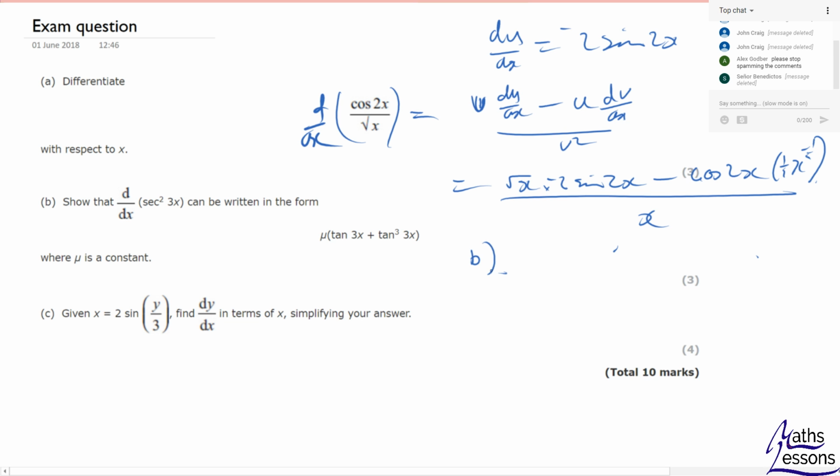we are going to differentiate sec squared 3x. And if you differentiate sec squared 3x,